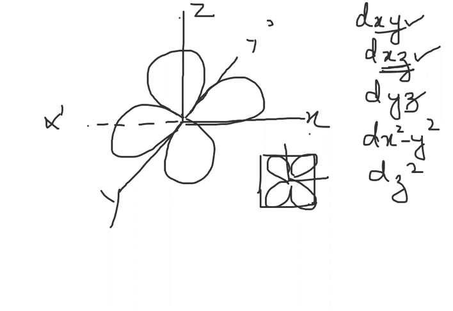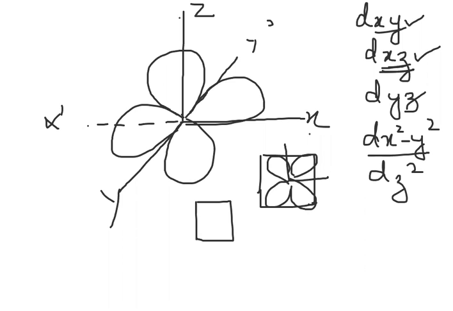And if I'm talking about the yz plane, that means it is along the yz. So actually, if you can visualize 3 surfaces which are at 90 degrees to each other, along these planes the lobes are directed: xy, yz and zx. They are just telling us along which plane they could be. They are double dumbbell in shape and they are oriented between the axis and along that plane. And if I come to dx square minus y square, then in this case it is very clear, you can understand that it is along the axis.